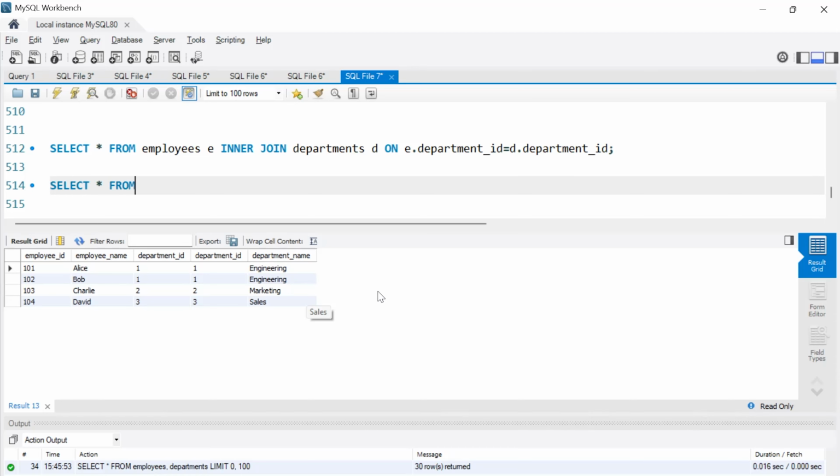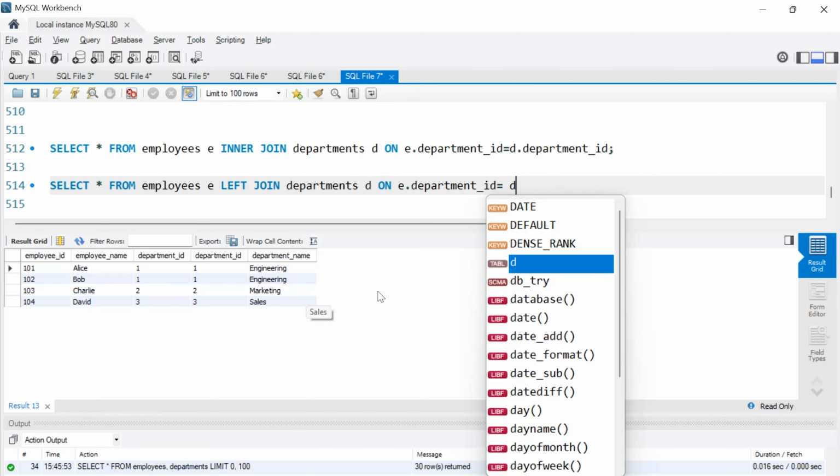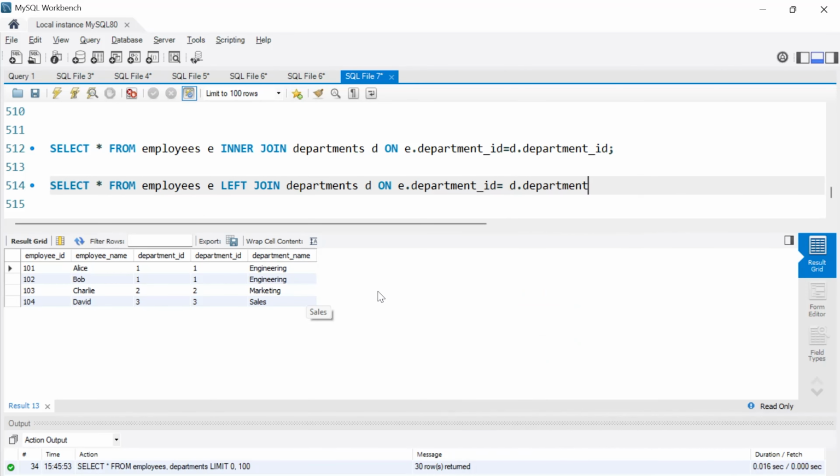So, let me tell you, select star from employees E left join departments D on E dot department underscore ID equals to D dot department underscore ID. So we'll run this and you can see